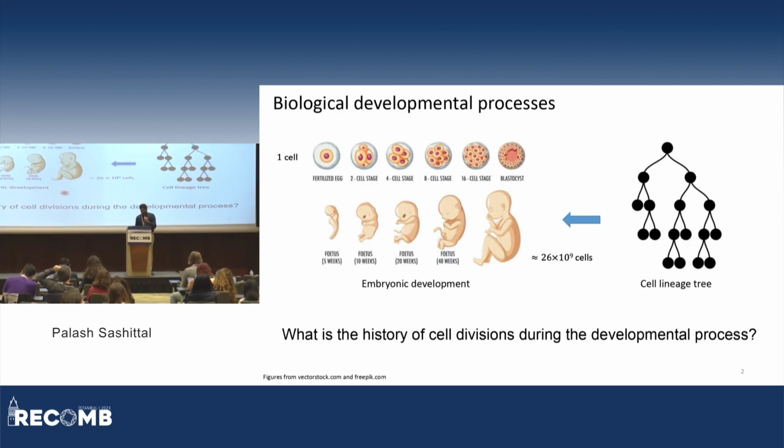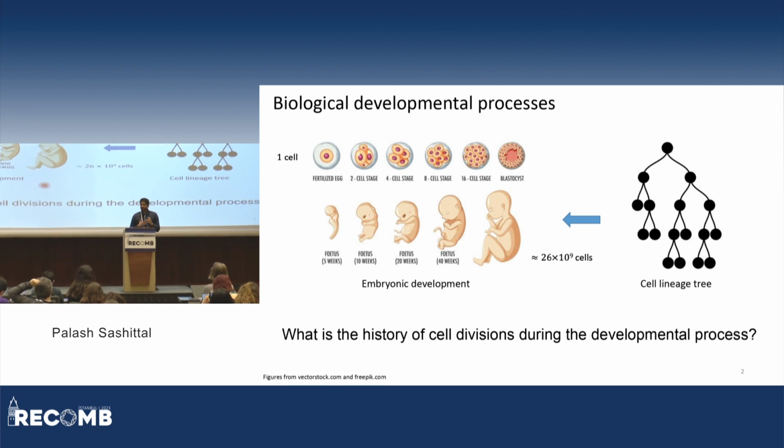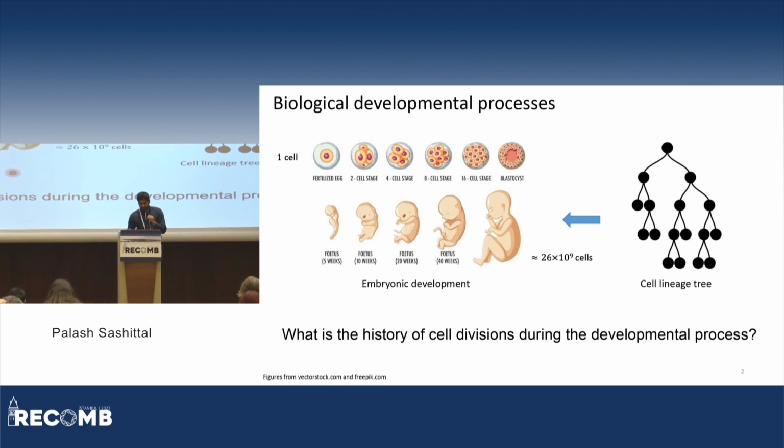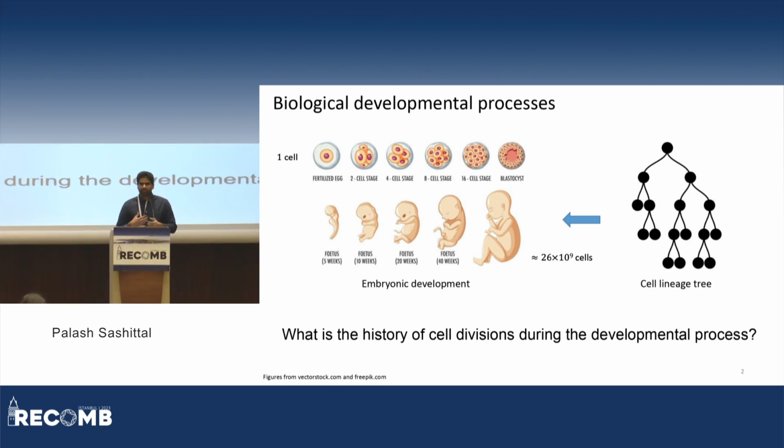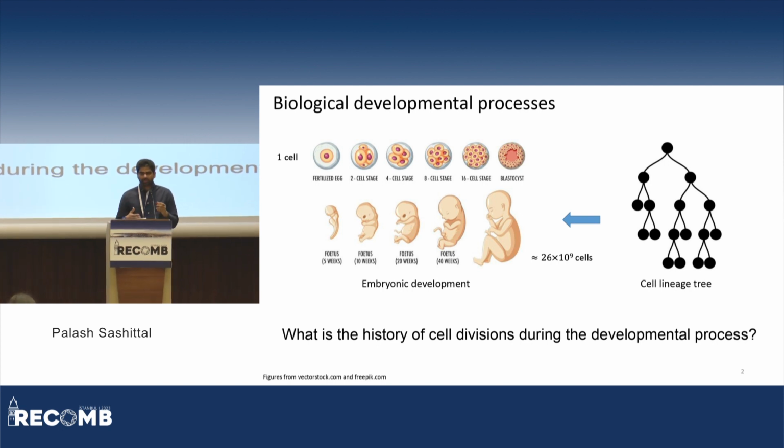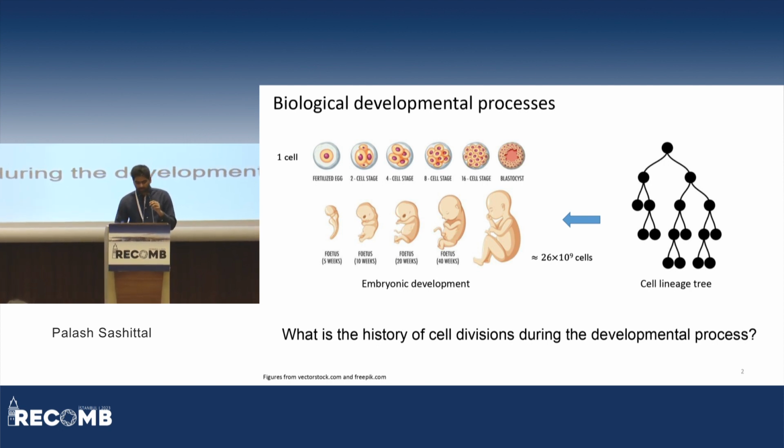All right, so as you all know, all the cells in our body are related to each other. We all start as a single cell, which we call a zygote. And during the developmental process, we go from this one cell to billions or trillions of cells. And all these cells are related to each other. And this relationship can be represented with a cell lineage tree, which shows you the successive cell divisions that occur